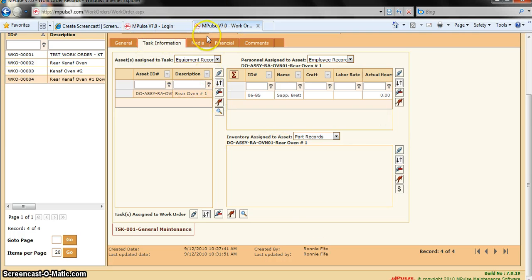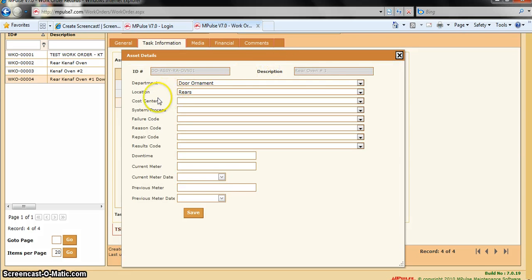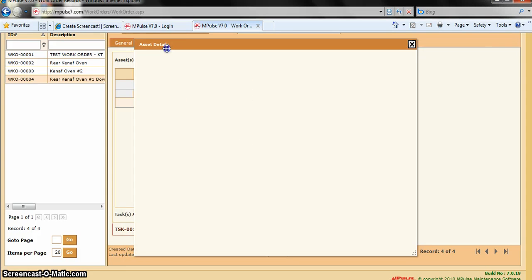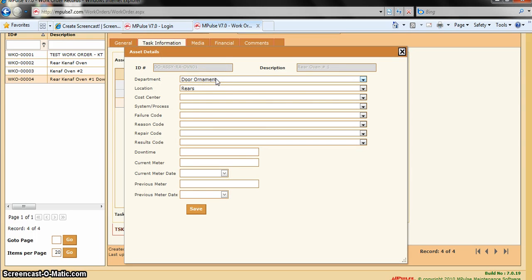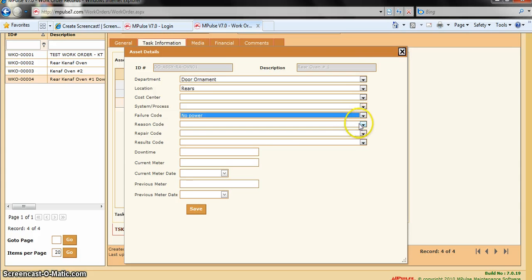Once you're done adding all the information in, say here's rear cap oven number 1, go ahead and go to the detail button, pop up asset details. A lot of these will be generated. Cost center and system process should be automatic based on what you linked to the machine itself, and that's still being set up in the initial setup. As far as codes go, your failure code,